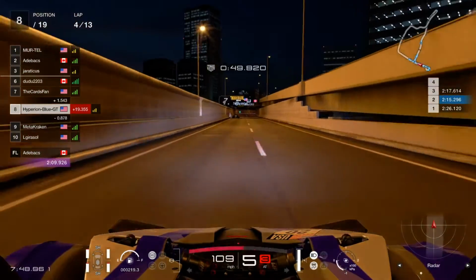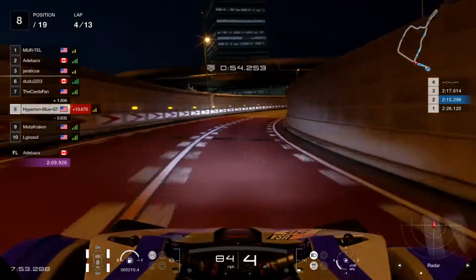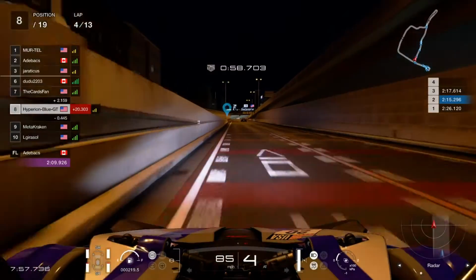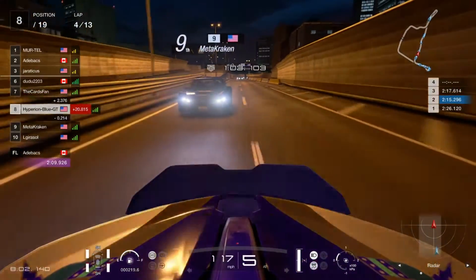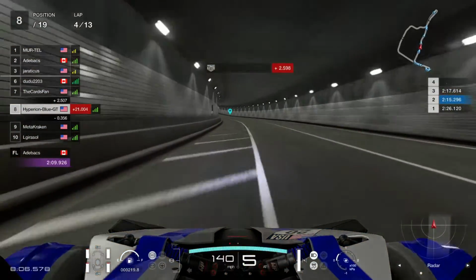Now looks like the car span is about to be coming in to make one nearby overtake to be able to keep it in. Will take a lot of effort out there, so this is going to get everything Will might be able to mind the gap. Is going to get everything to be well checked up on it. Looks like Meta Kraken is coming in to pass my current position, so looks like I'm about to be ready